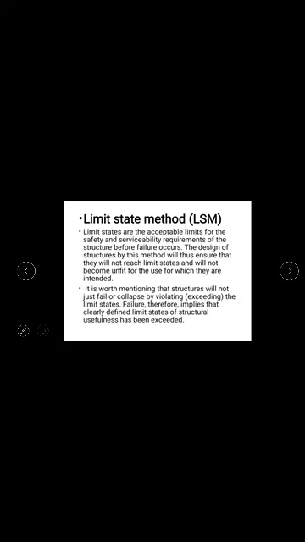The aim of this method is that you have to achieve an acceptable probability that a structure will not become unserviceable in its prescribed lifetime for the use for which it is intended. That is, it will not reach the limit state. For example, if you are designing a structure for 50 years, within those 50 years the structure is never going to reach its limit state. So there should be a certain acceptable probability with which you can surely say that the structure is not going to reach its limit state within the prescribed duration of the design.